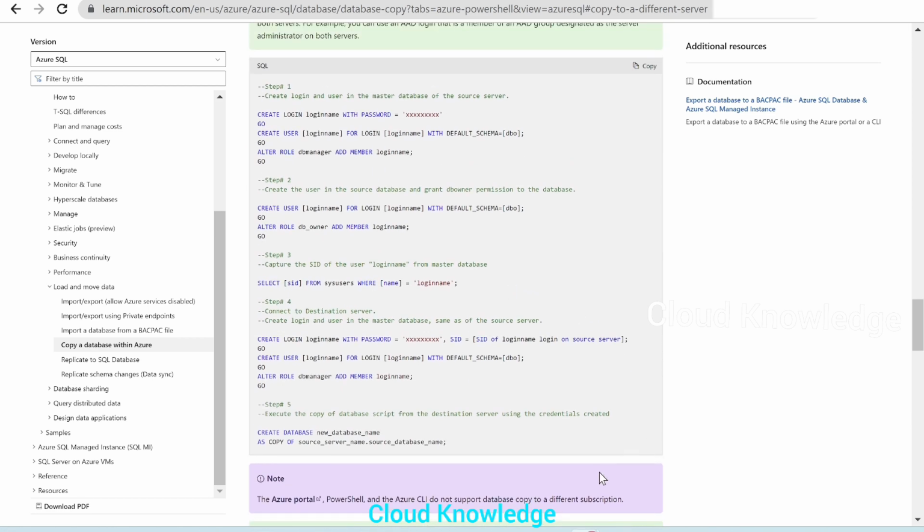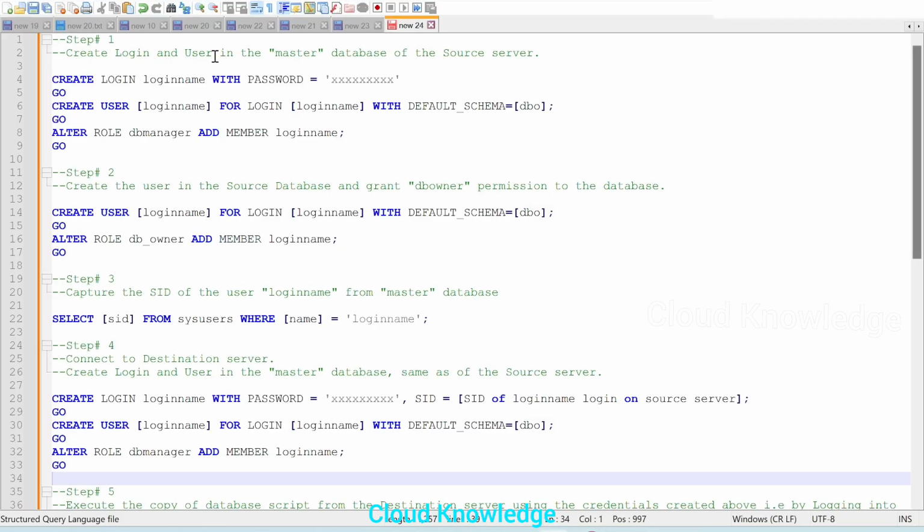So these steps I have copied here in the notepad, and we will follow them one by one in this tutorial video. The very first step is create login and user in the master database of the source server. Let me first show you the source and the destination database and the servers.